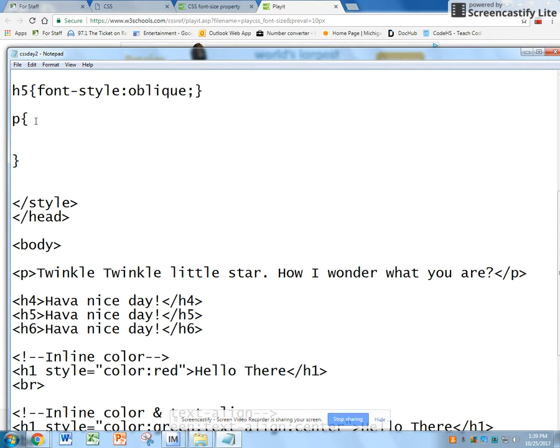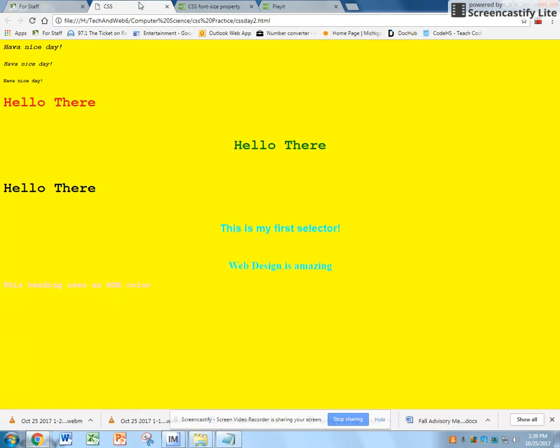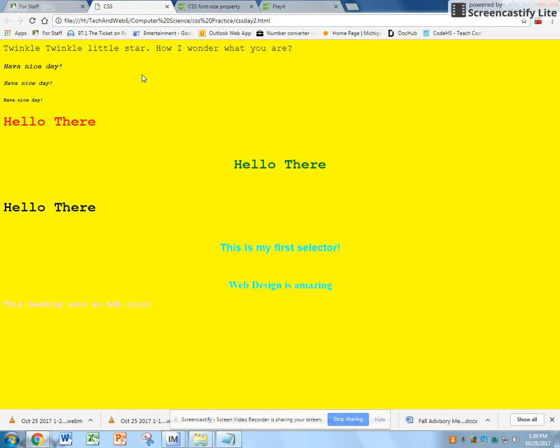Okay, so we were talking about font-size, colon, and I'm going to say 20px to start. So I'm going to go ahead and save that. I'll move this down. And now we should see